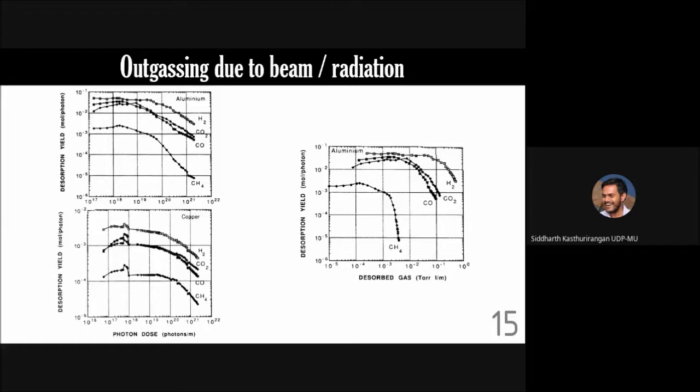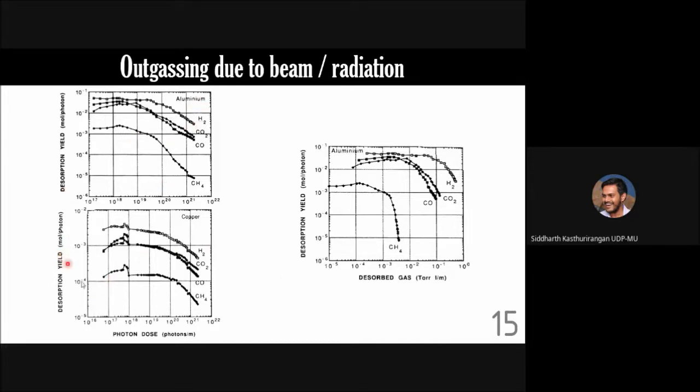In a synchrotron facility, the particle beam doesn't hit the sides, but some of the photons which are emitted will hit the sides. And when they hit, due to that hitting of the photons, a large number of gas molecules are released from the surface, which were actually adsorbed tightly on the surface. Okay. So this diagram on the left, it shows the